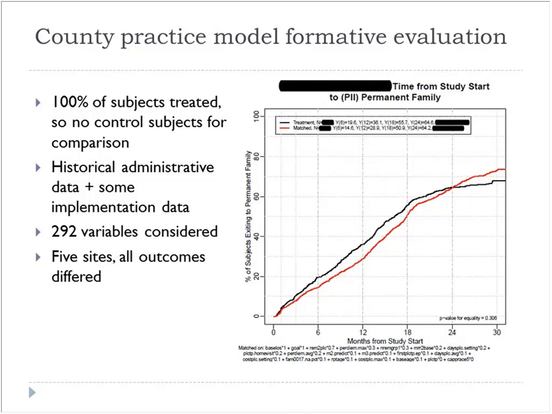It would have been very expensive to randomize in all 5 sites, and things were not being rolled out on the same timeline, et cetera. Very complicated. All the outcomes differed. What we found was that the black line, again, is the treatment group. At 12 months, they were, I think it was about 8%